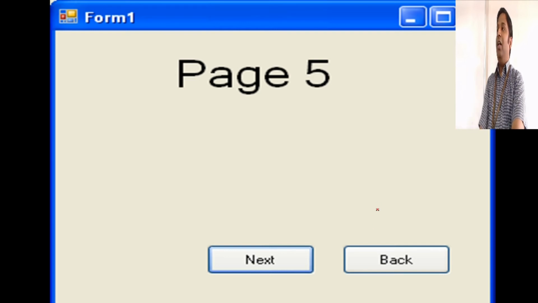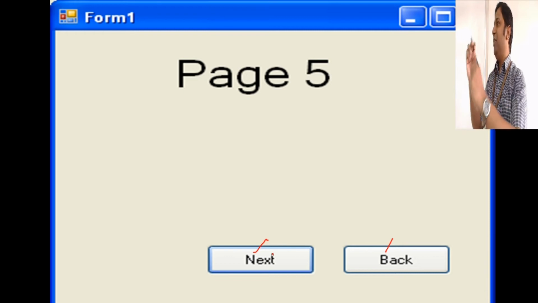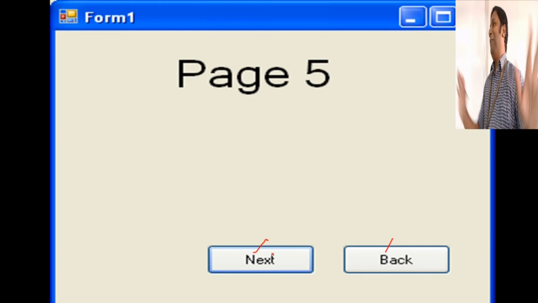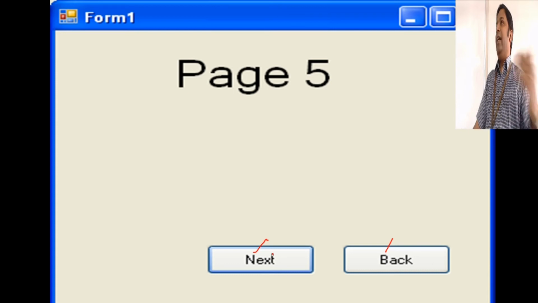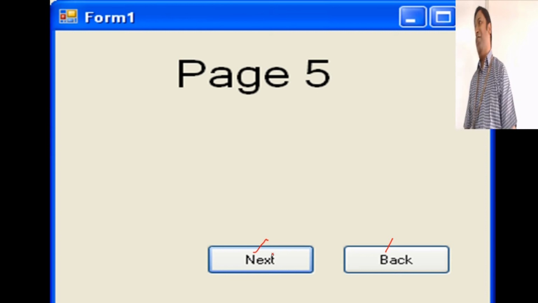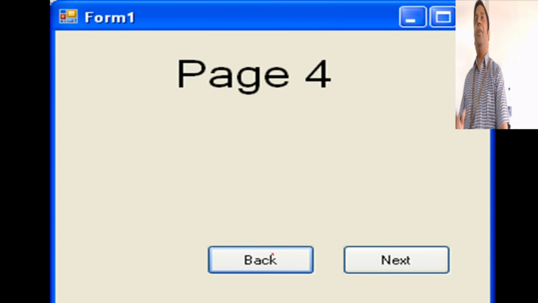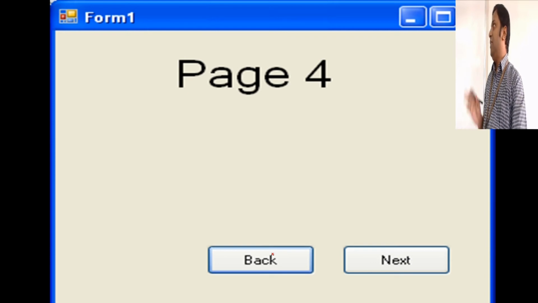I'm going to page 4 because of one small thing. In all the other pages, the back button is here and the next button is here, whereas in this page alone, the back button is here and the next button is here. There is no technical fault in the application; we cannot even say it was misplaced, it was just placed there. So users learn by their experience. I keep on clicking things here, and I expect that to be there in the next page. When you misplace it, they wonder why they have to go to page 4 to reach the next page, immediately call the technical support, and create a lot of problems. So that is striving for consistency.